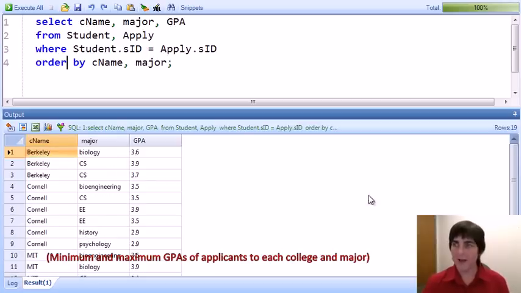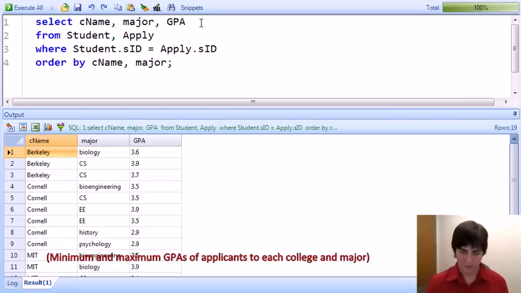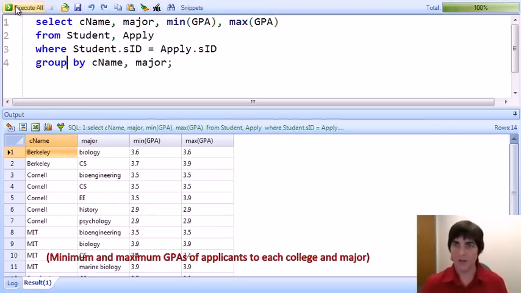So once we put the aggregation back, each of these combinations of college and major is going to be considered individually, and for each one we'll compute the minimum and maximum GPA. So let's go ahead and do that. Okay, change this to group by, run the query, and here we see for Berkeley Biology the